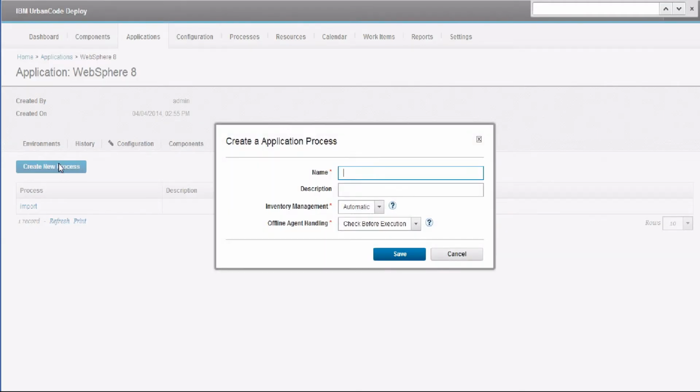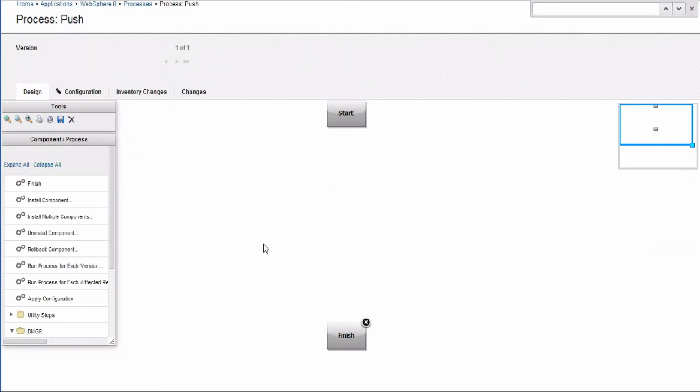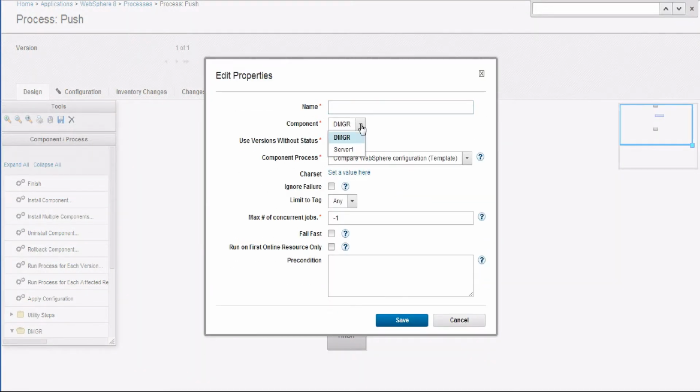So now I can go back to my application and go to my WebSphere 8. I can click on my WebSphere production. I can click on my configuration. I can click on my environment properties, and I'm going to change it to references. So then what I have to do is I have to go to applications, and I have to